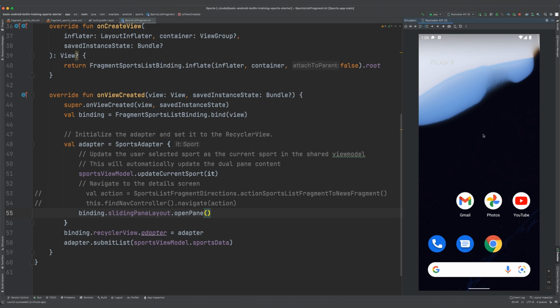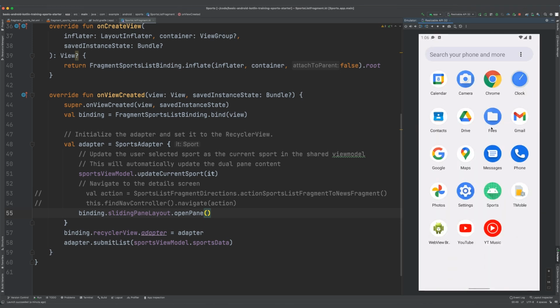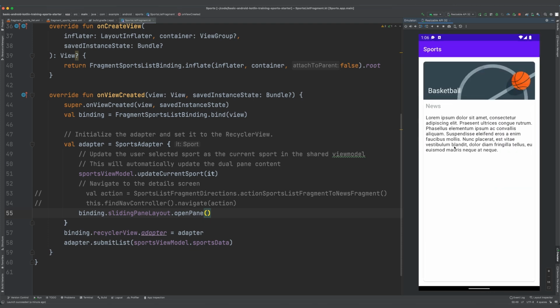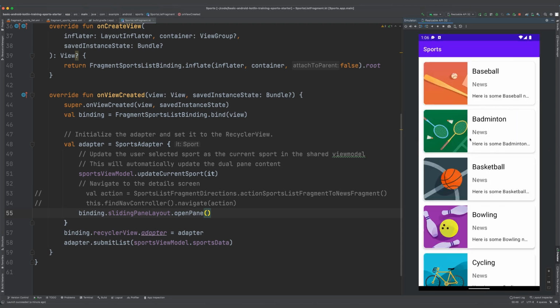So when we are in the details pane and we hit back, we want it to go back to the list view. For smaller devices where the list view and details overlap, sliding pane layout requires custom back navigation to navigate from the detail pane back to the list pane. So we're going to do this with the following two steps. First, we're going to define a custom callback to the back key press, which overrides the on back pressed callback. And the second thing is registering and adding the callback instance.